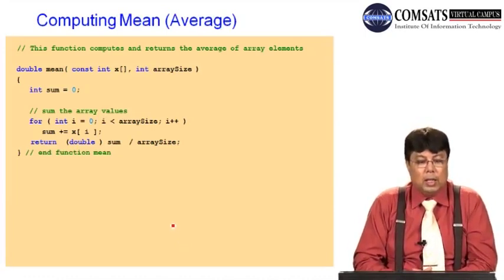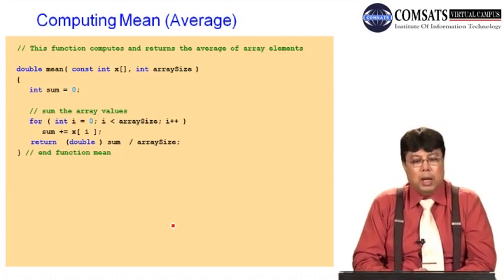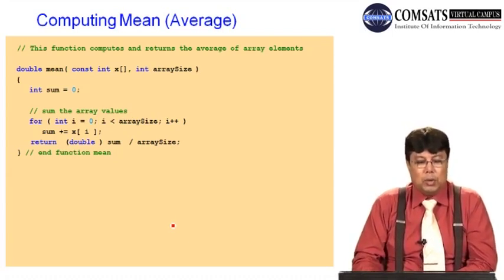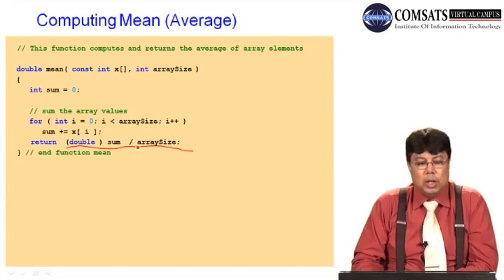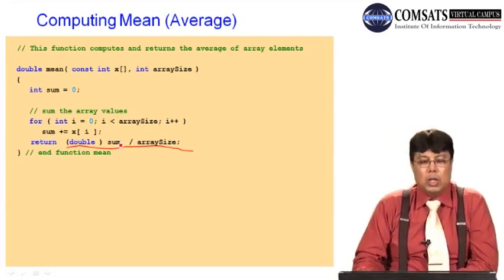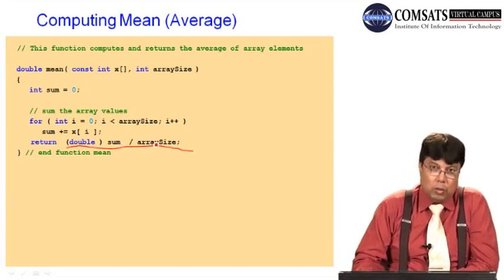I'll just show you the slides. In this first slide, we are computing the mean, and after computing the mean, we are returning the data. This is another example where we are computing the cumulative sum. We took the cumulative sum of each and every element, which we have done before also, and then we divide it by the total number of elements. Since the sum is an integer and the array size is also an integer, we should have an integer output